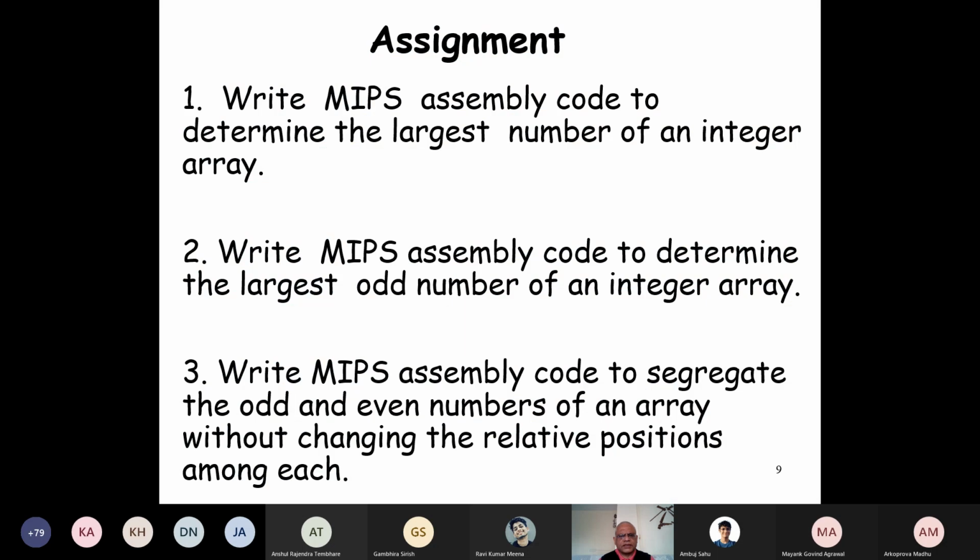Now let's have this assignment. We'll request the TAs to set up the assignment, to upload this in the assignment link so that everybody can submit the code. They need not mail me. Who will do this? Jyoti, are you there? Jyoti?